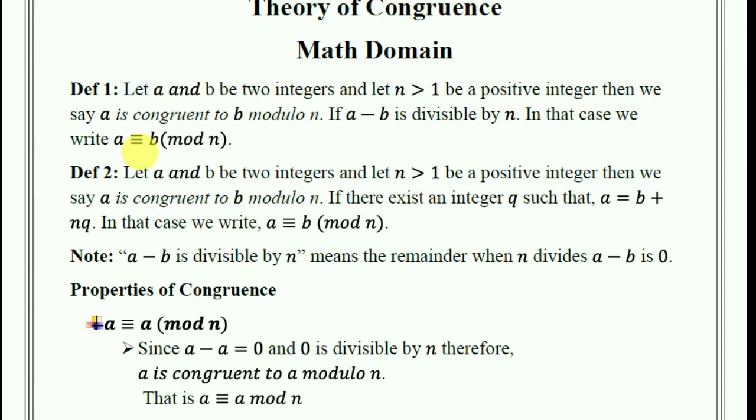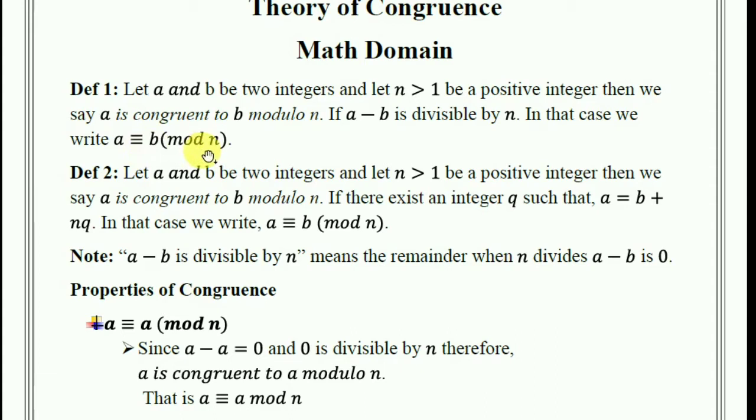Important, this line: a is congruent to b modulo n if a minus b is divisible by n, and in that case we write this in this form: a, this equivalent sign,